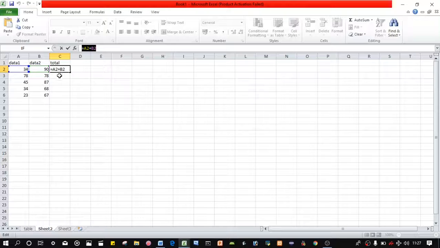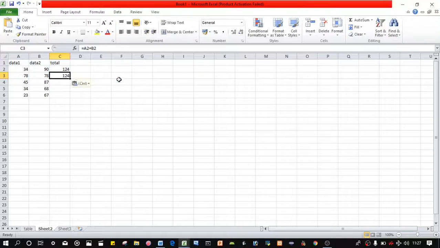After copying the formula you have to put it here. Here copy. After copy we put control V. This is the value, here 124, 124.